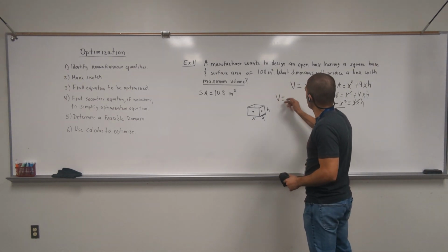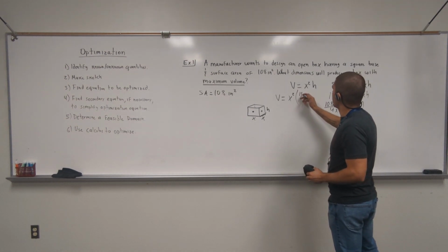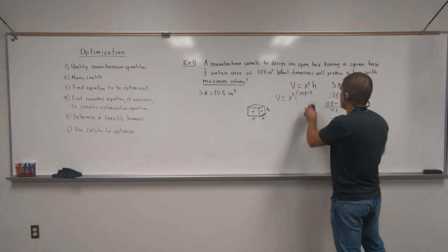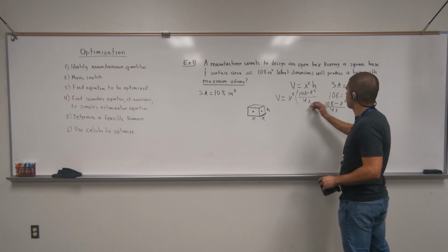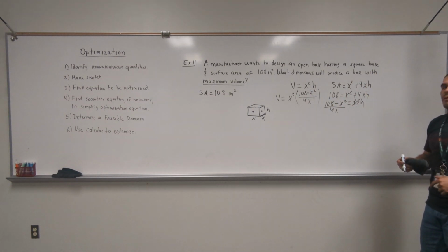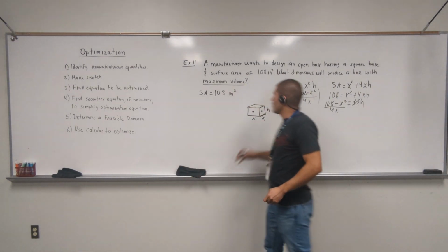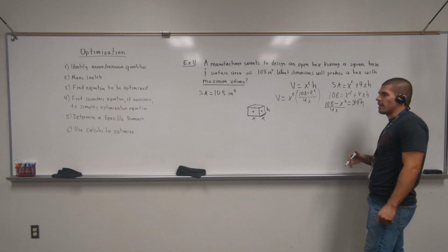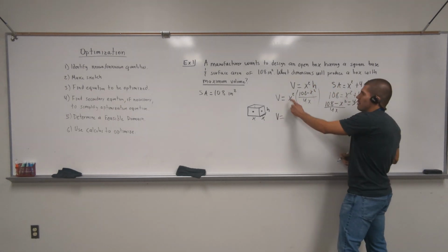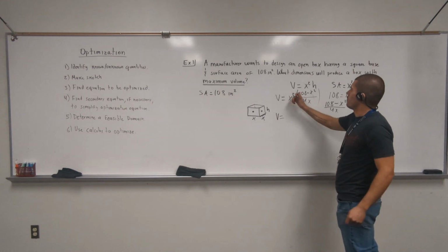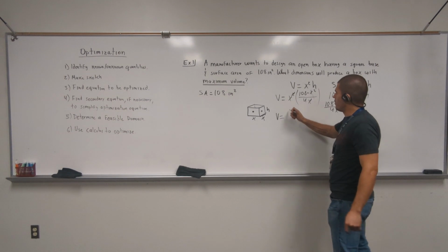So let's do that. Let's replace it. The volume is equal to x squared times h, which will get replaced with this, so (108 minus x squared) divided by 4x. Sorry, not 4x, minus x squared. Now, I'm going to do a little bit of algebra to simplify this so that I can make the calculus easier. So first, this x squared can cancel one of these x's, so I'll be left with just x there. Then if I distribute this, this will be 108